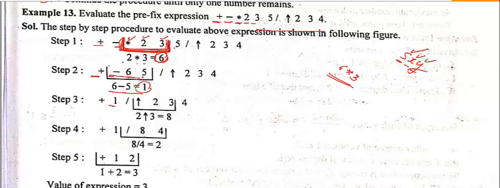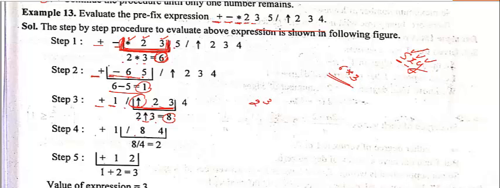Okay, now again you will move. So plus 1. Only one operator. You cannot solve. Again you have an operator. Again you have an operator. Now operands. So what is the meaning of this? It is the power. Means 2 raised to power 3. Now you can solve it. So 2 raised to power 3 is 8. You will put 8 here.